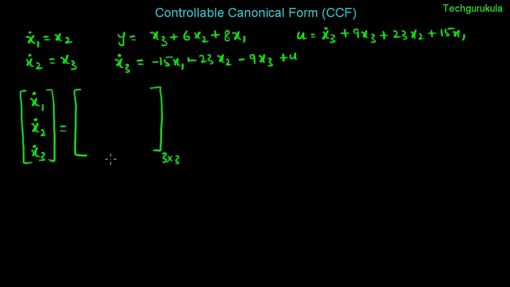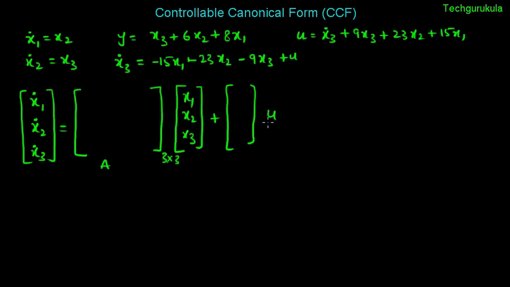Then the first matrix that we have, A, will be 3 cross 3. We need to find the values of this matrix based on these 4 equations, times we have a vector in terms of state variables x1, x2, x3, plus another vector in terms of u, the input. So in this case, x1 dot we know is equal to x2, which means it doesn't depend on x1, x3,